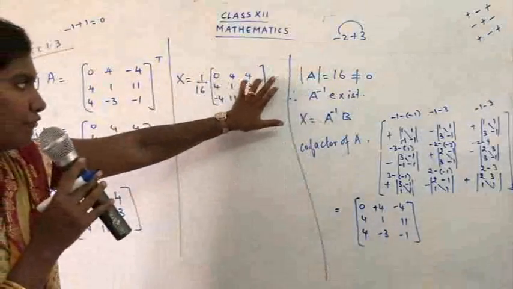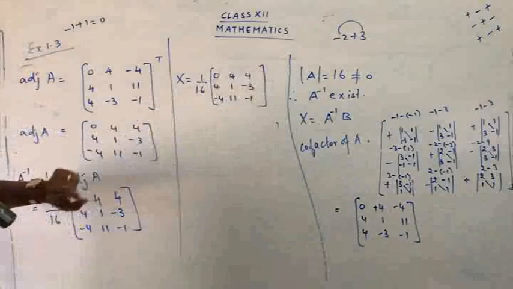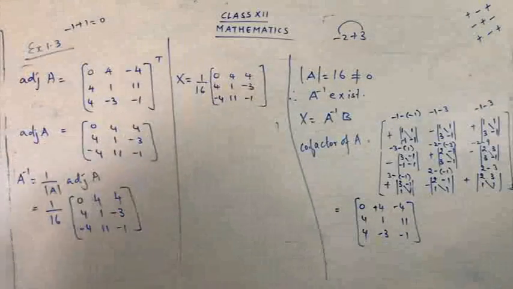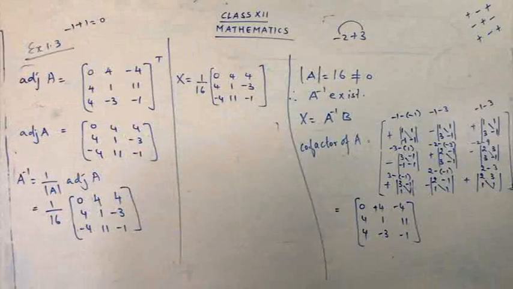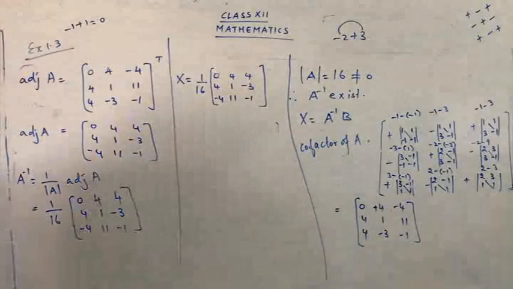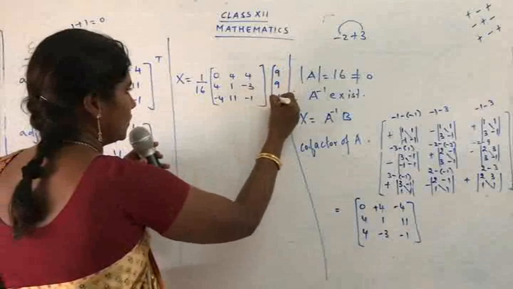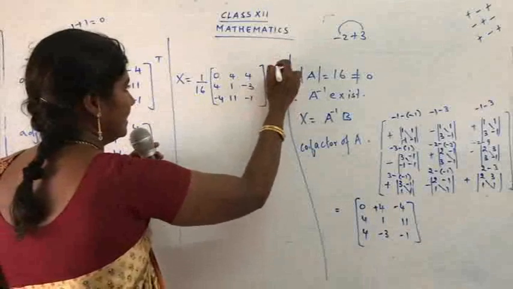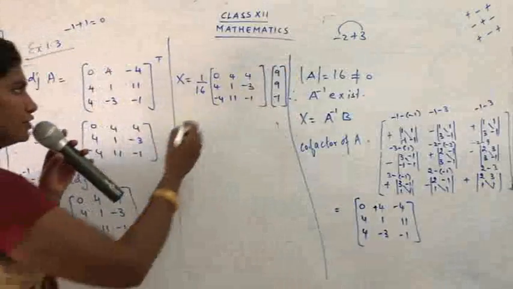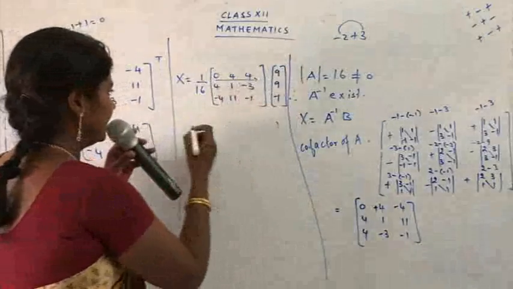Now here we have to write the value for B, that is matrix B. What is matrix B? Refer to your question. Yes, we have already written it. It's 9, 9 and minus 1. So write down the matrix here: 9, 9, minus 1. So let's multiply and get the answer. We have to just use matrix multiplication and get the answer.